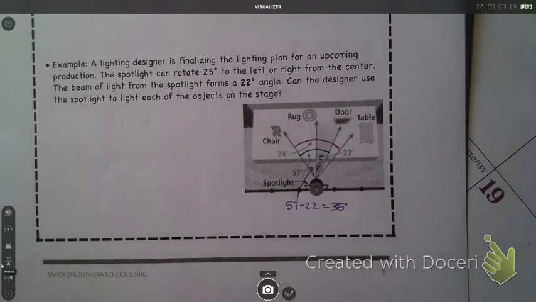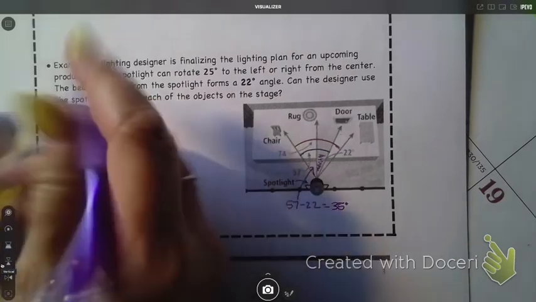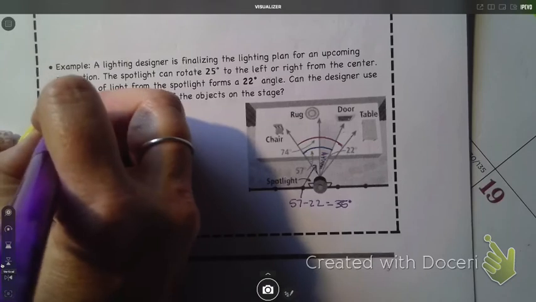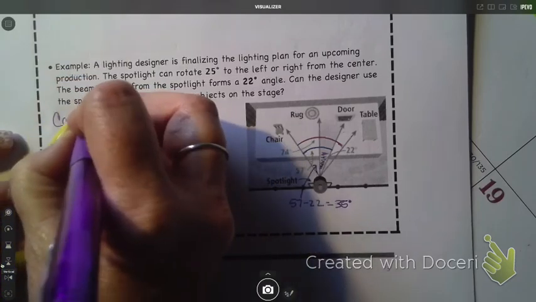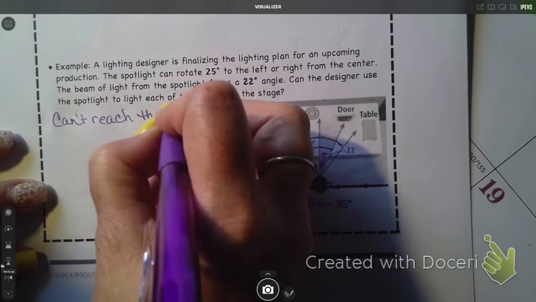So no, it can't reach all of the objects on the stage. The chair, you can't reach the chair. Yeah. It's 10 degrees too much, isn't it? Yeah. Okay, so no chair. Oh, I probably should write complete sentences, right? Can't reach the chair